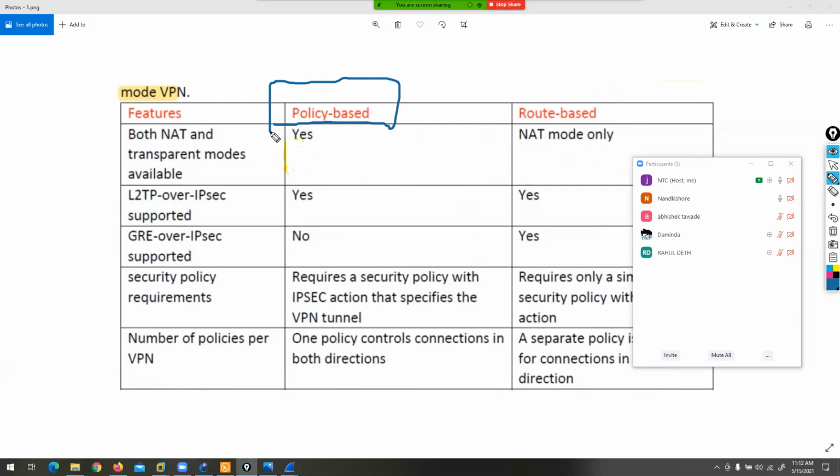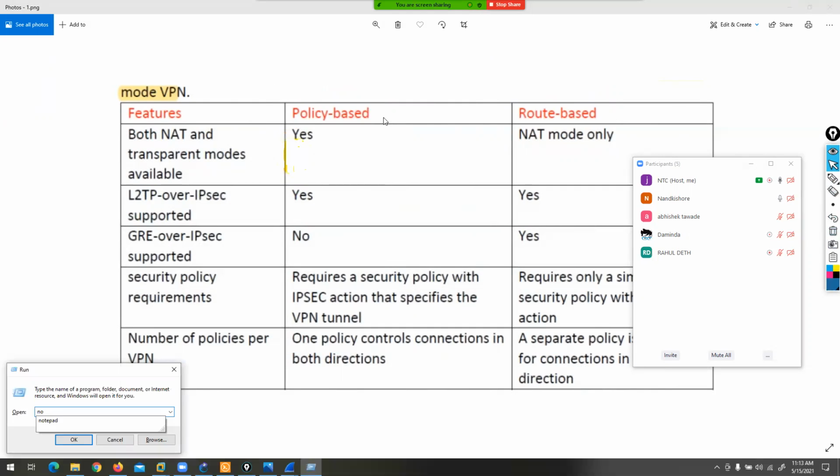Tomorrow we will discuss policy-based VPN. Actually, it will take minimum 3 hours to finish our policy-based, and we can also discuss NAT with VPN, with the NAT option.